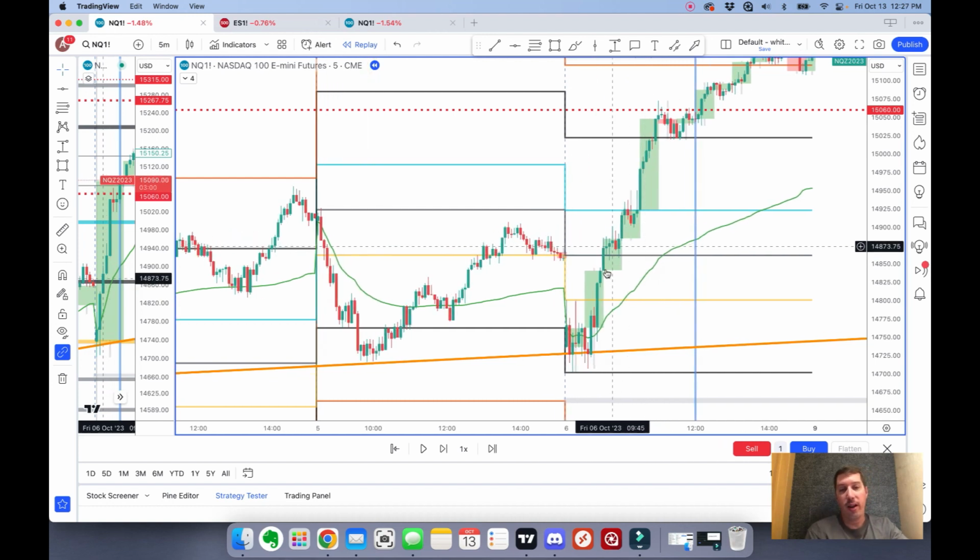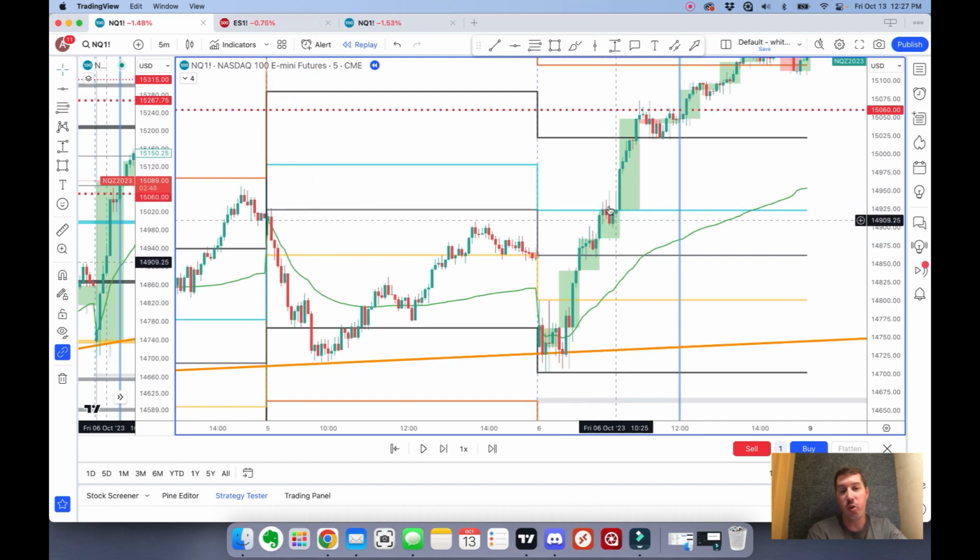So what ends up happening, again, even right here, what are you going to do? You're going to play the box play. So box play is you want to target from here and you want to go to here. What does it do? It ends up going here. 5-minute candles could not close. So what do you do? You short. Okay, you short. Once it actually popped above and stopped you out, you need to have that on your radar